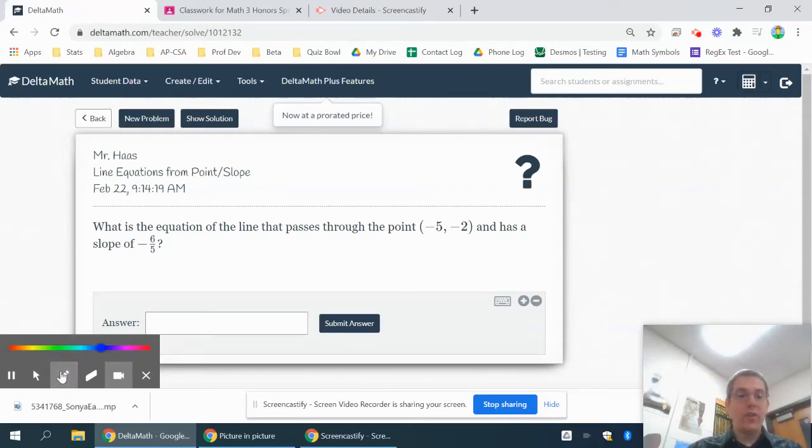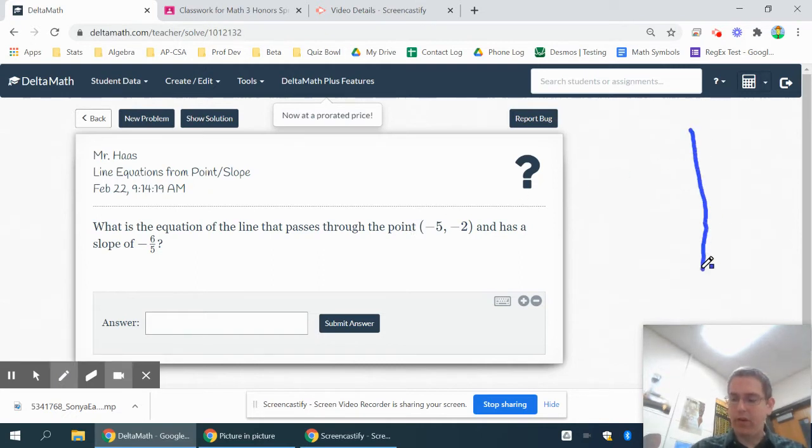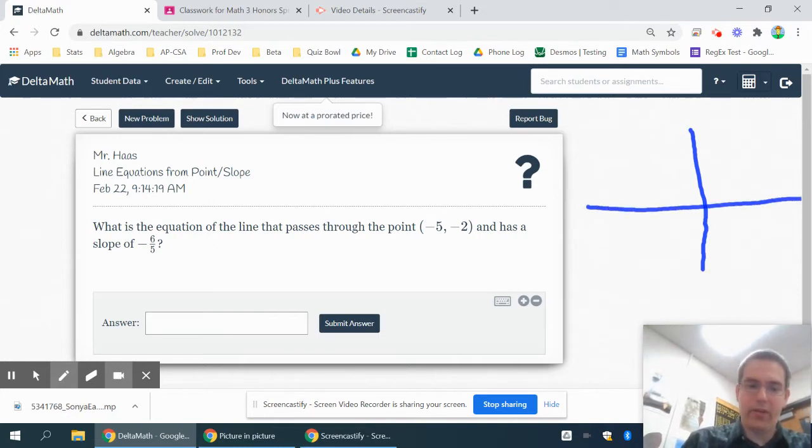Now, you can also work on a problem like this. It's a good idea to always sketch a graph, but sometimes the graph doesn't do a great job of showing you just where the y-intercept is. Maybe it's a little hard to tell. Maybe you're just not the best at graphing. I don't know. But what I could come up with is a point of -5,